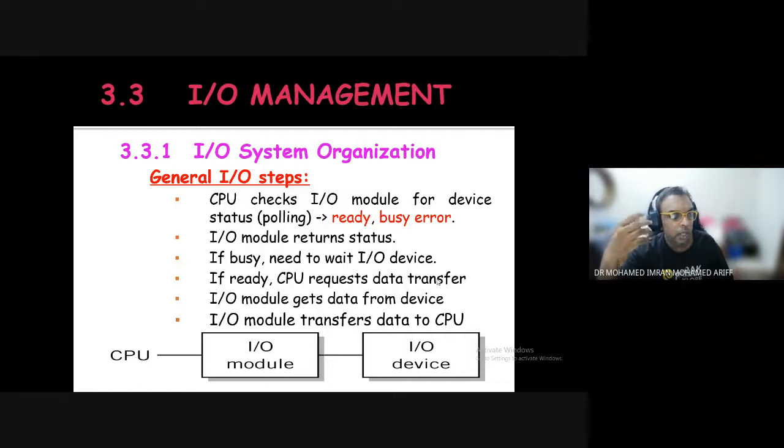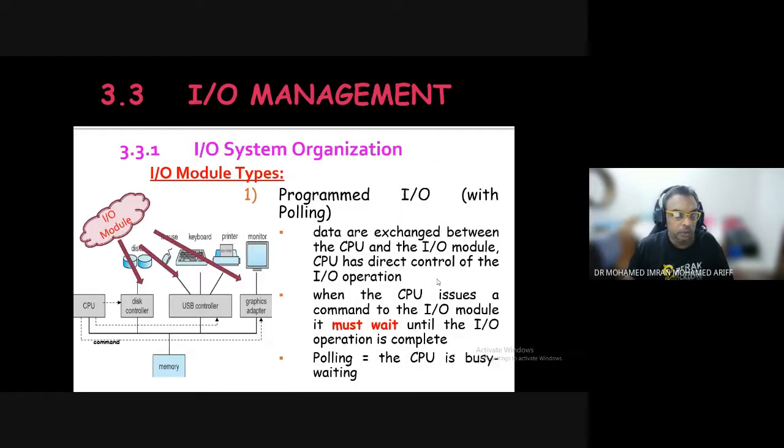So once you request a print, the CPU first sends a signal to the input-output module: check, is the printer okay? Alright, the printer is okay. Next, the CPU says, okay memory, send your documents from your location to the input-output module for it to be printed. If it is busy or there is an error, the input-output module will send a signal back to the CPU saying there's an error, the paper has run out, or something is wrong. So this is what the I/O module will do.